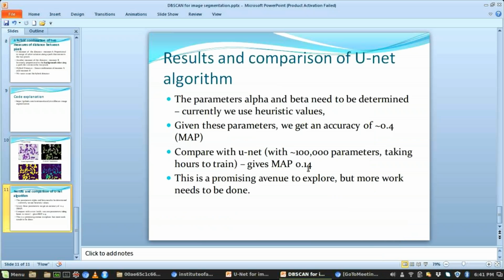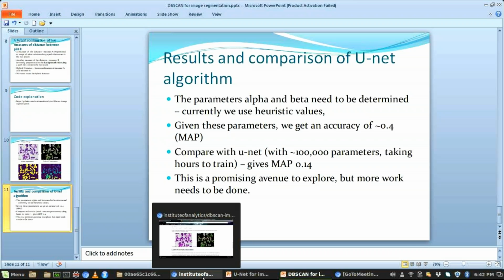So the initial results seem to be promising. Compared with the UNet, we have actually gotten a much smaller mean average precision, even though there are far fewer parameters. So this is where we are at. Is there anything